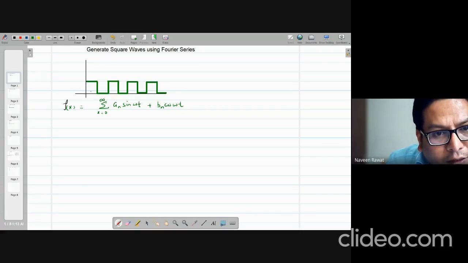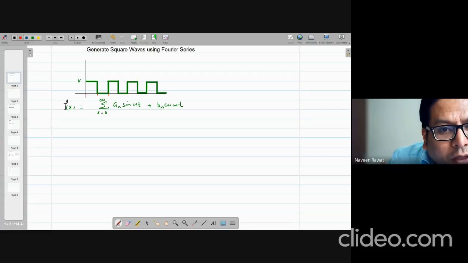Okay, and the idea is very simple. Suppose we have a square wave series which has some input voltage. Let's say this input voltage is V. So in a typical period, the waveform is going from V volts to 0 volts, and half of the period. So if you look at the period here, the period is all the way from here to here. Okay, so from this position to this position is one period.